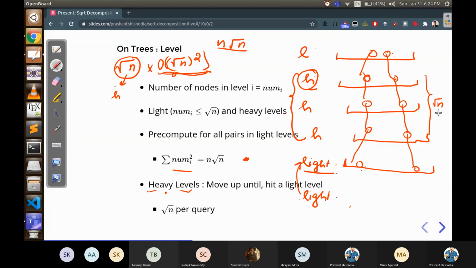Okay. So suppose this level has these root n levels, all root n levels here, and these are root n plus 1, let's say plus 1 and this is minus 1. So for this level, the time taken is arbitrarily high. It's not O(1) for each pair, it's O(root n) for each pair. But if you sum it up, the time taken for this level is O(n root n). But you know, these heavy levels won't be able to interfere again, right? Yes, that's the intention. So they'll interfere only once for each level.